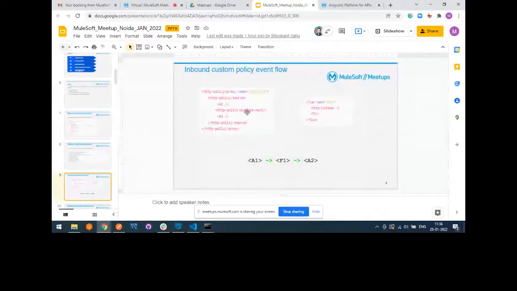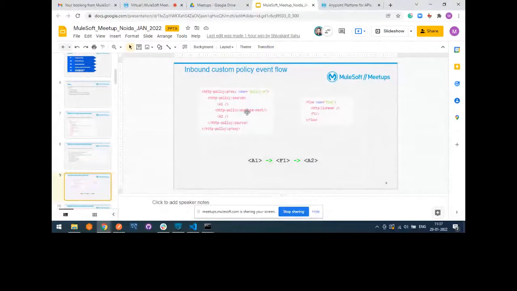At that point of time, you use an inbound custom policy. When you need to modify a request coming to your microservice and going out of your microservice, then you have an inbound custom policy being used. Now an outbound custom policy is used when